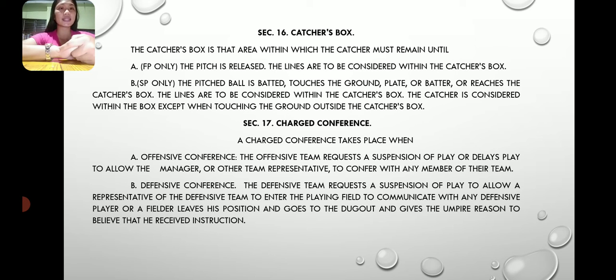Section 16, catcher's box. The catcher's box is that area within which the catcher must remain until: A. FP only, the pitch is released. The lines are to be considered within the catcher's box. B. SP only, the pitched ball is batted,